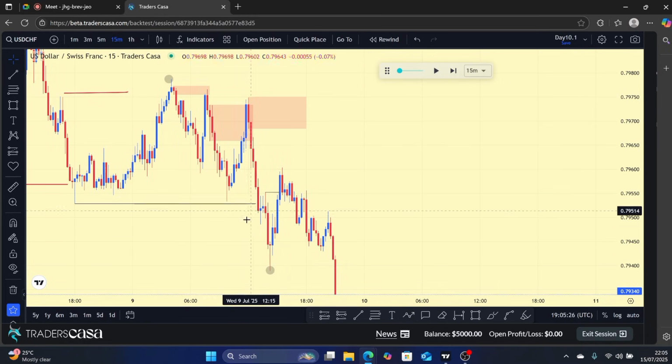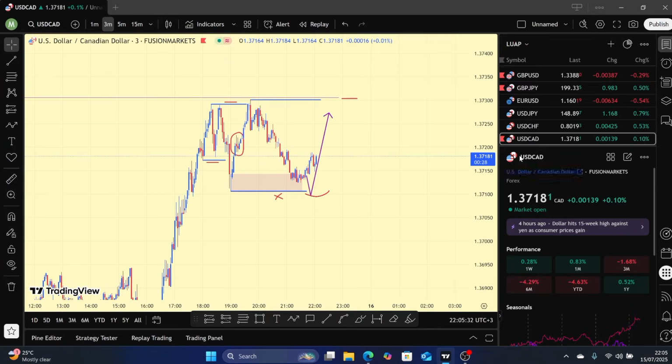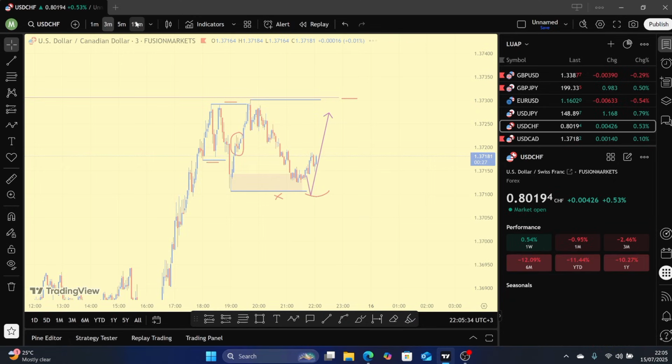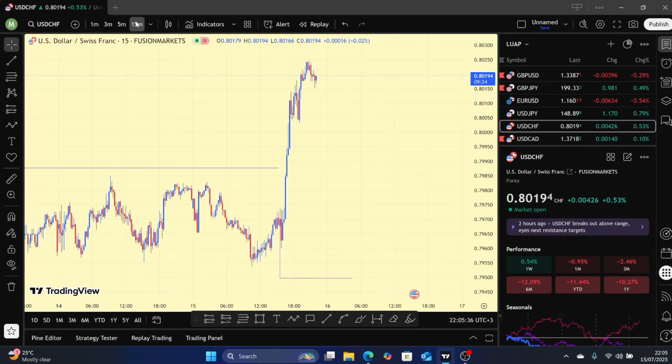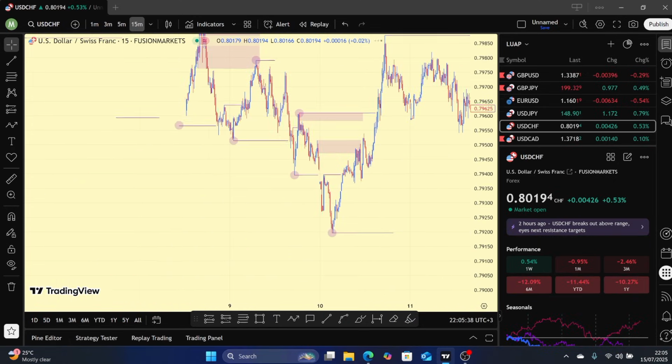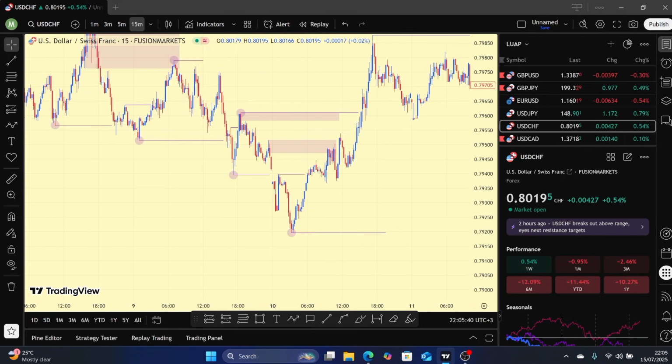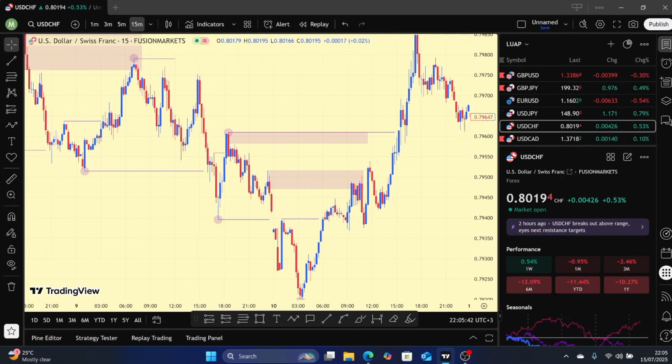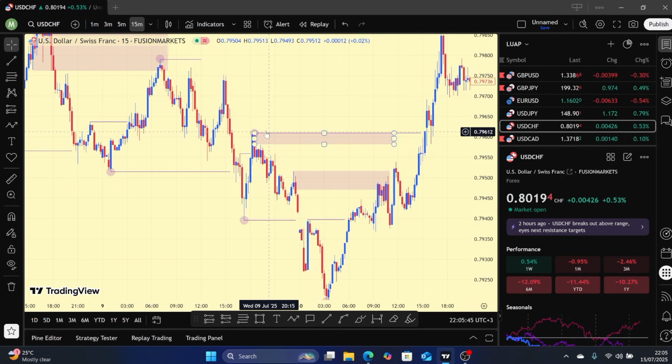All right, what date is this? This is Wednesday, July 2025, USDCHF. Yeah, exactly right here. I picked this one here, and you can clearly see on this chart. I think Traders Casa gave me some other broker's chart, but if I am using this chart, you can clearly